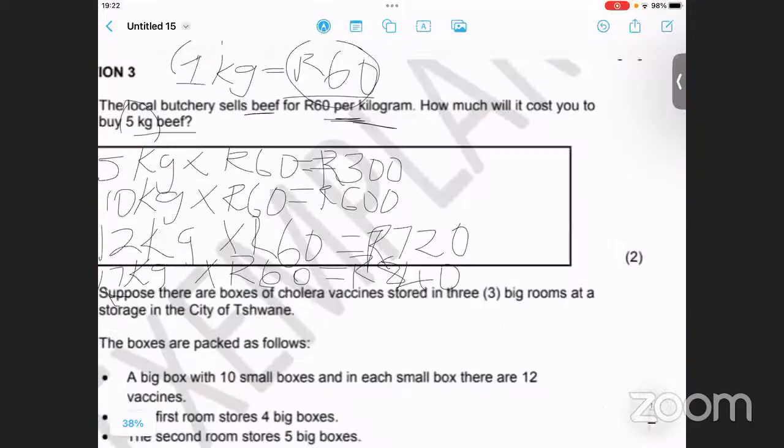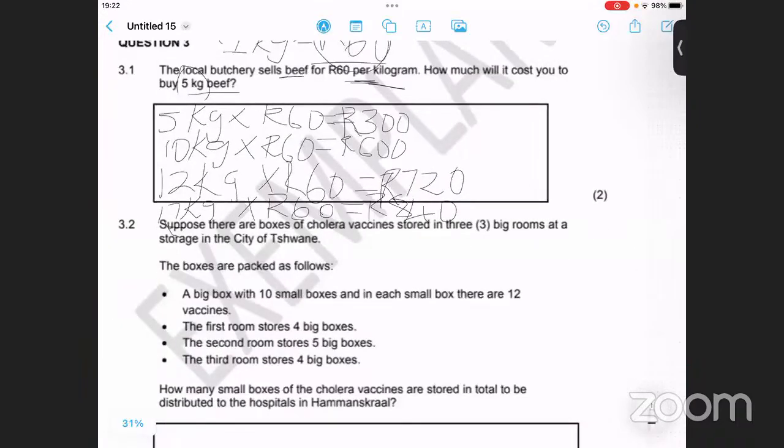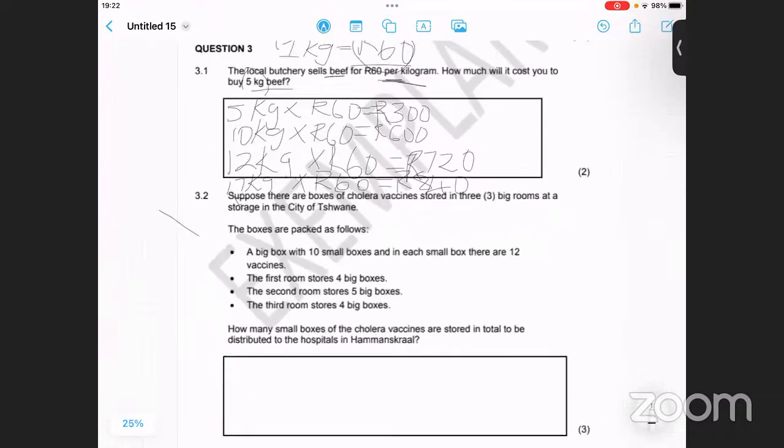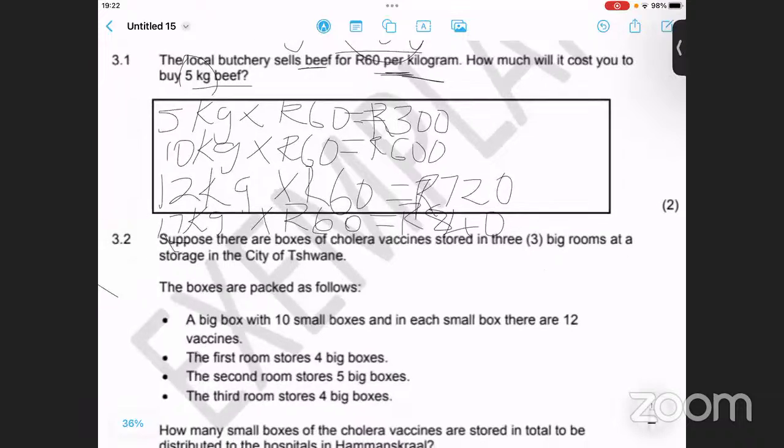Okay, that's absolutely correct. But before we move, I just want to know, do we have any questions? Anyone who has a question? Are we okay? Yes, ma'am. All of you? Yes, ma'am. Yes, ma'am. Okay. Let's move to our